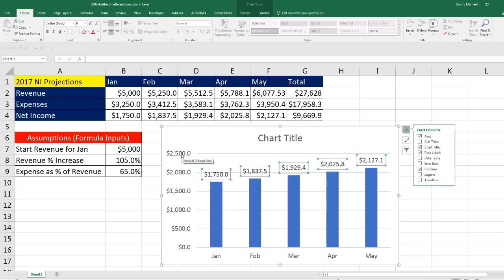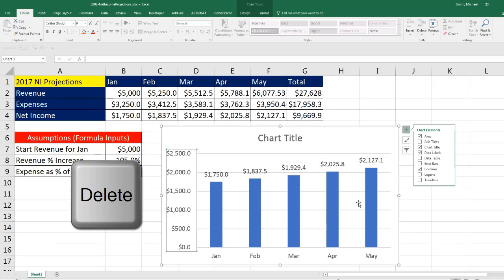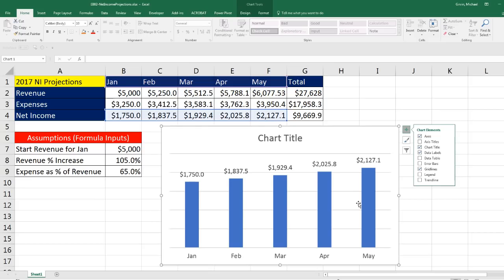A simple example of chart junk is, well, I have some numbers here which are perfectly fine, but then I also have the numbers here. I probably don't need them in both places. By having them in both places, I'm cluttering up my chart. Now, I think I kind of like these amounts above the columns, so I'm very carefully going to click on the vertical axis. And when I see my solid line, I'm going to use the delete key to delete that